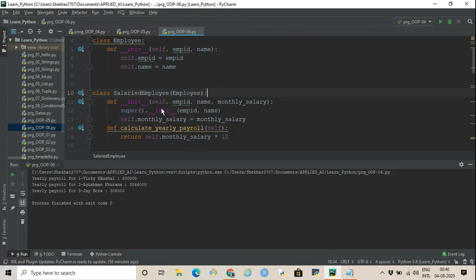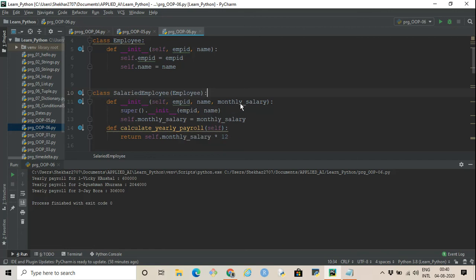In the init method, since we already have an init method specified in the employee class, which takes care of the first two attributes, employee ID and name, we'll make use of that method. So we are calling the super class, that is the parent class init method, super dot init, and passing employee ID and name, so that will initialize the employee ID and the name for this salaried employee class.